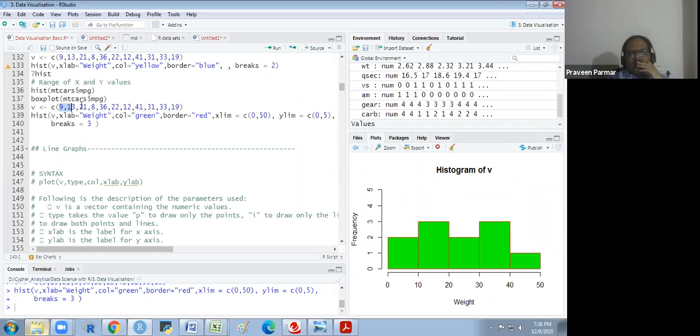So you see this. I have developed this vector, and then I am using that vector. The X label is the weight, the Y label is the frequency by default in the histogram, the color is green, the border is red, the X limit is 0 to 50, and the Y limit is 0 to 5. And the break is 3. So there are not 3 breaks: 1, 2, 3, 4. If I make 4 breaks, it will still be the same, because the 4 breaks it is taking from 50. If I make 3 breaks,